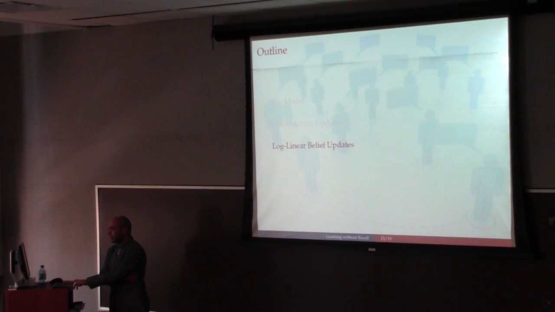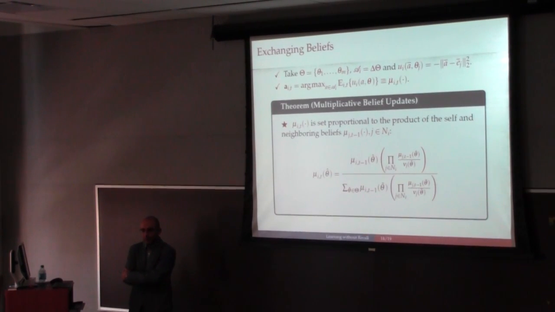Now let's look at another class of conditions and another scenario for communication. Here, instead of a continuous state space, we look at a finite state space, so there are only m possibilities. And then we suppose that agents are taking actions over the probability simplex on these m states. So their actions are probability distributions. And the utility that rewards their action is a quadratic utility that measures the distance to the true state.